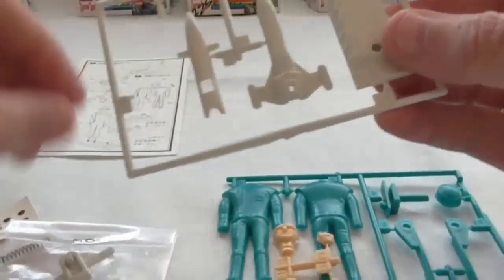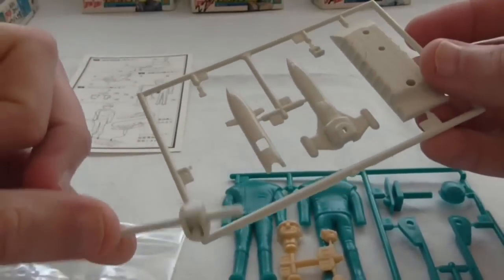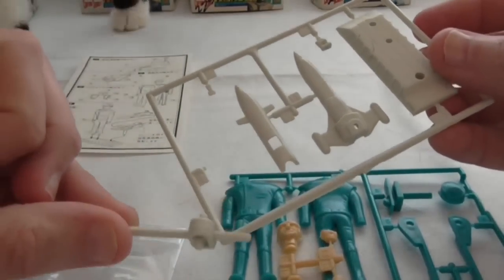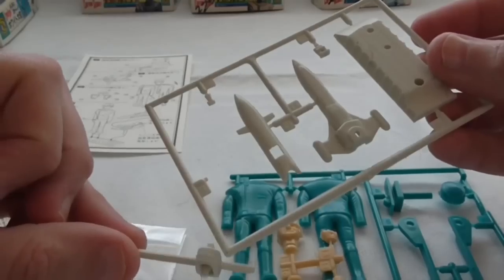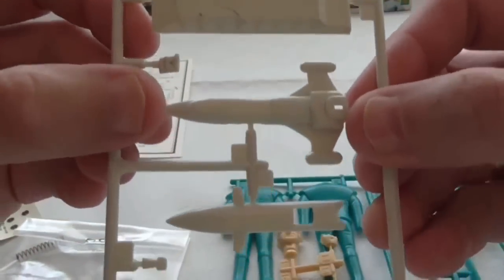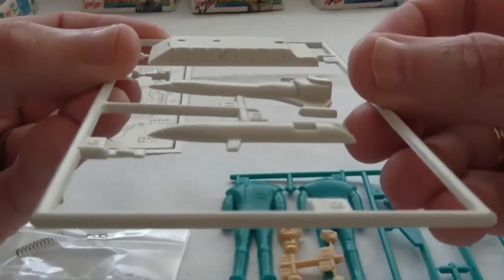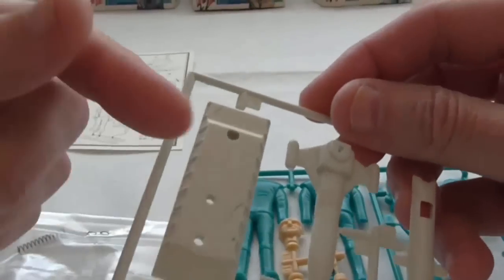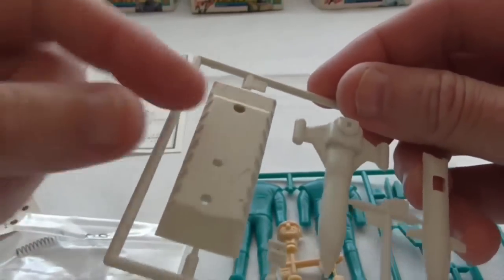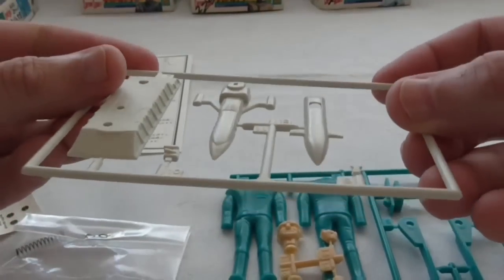And then you've got the... Now that's the trouble with old kits. They do snap off very easily. I'm probably going to get a visit. There we go, the cat's decided to help out. So that's the Spectrum passenger jet. Quite a basic cast in that one. And then you get, I presume that's meant to be a part of Cloud Base, which he sits on. It's quite nice, the passenger jet, but